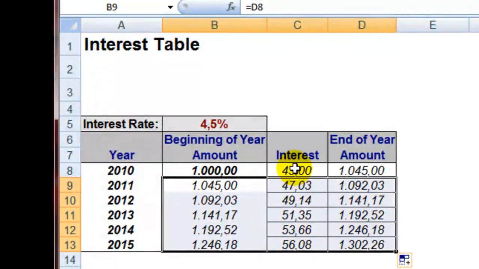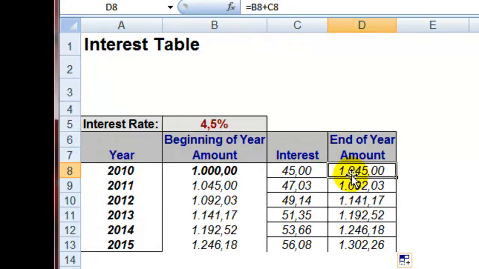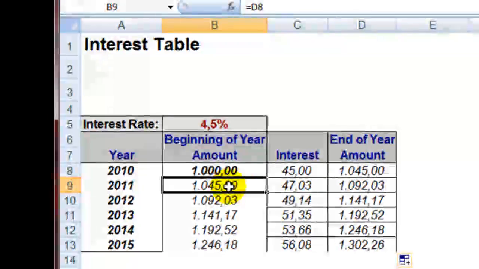So basically, if you type two corrected formulas and apply the first and second rule of Excel to this one, with only these three interventions in your spreadsheet, you can produce results for five years or even 5,000 years, if you like, without needing to repeat your calculations again and again. Now let's actually